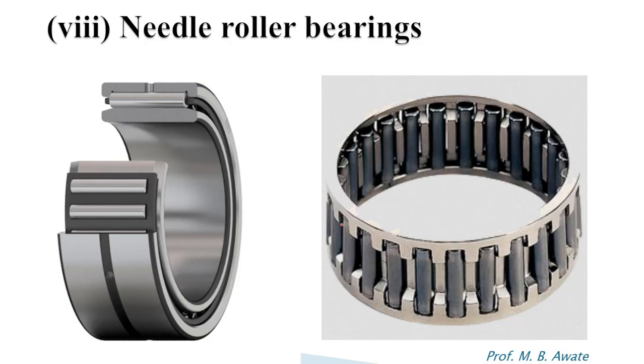So dear students, what have we learned? In this lecture we have seen the classification of bearings depending upon three criteria. First, depending upon the type of friction, that is sliding contact and rolling contact. Then the second heading under which the bearings were classified, depending upon the direction of forces acting on the bearing. And third is the classification of bearings depending upon the type of rolling element.